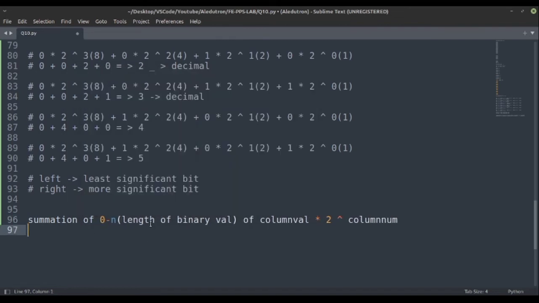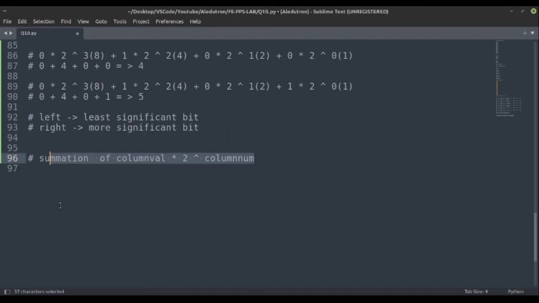N is the length of the binary value, or the binary string. Basically we consider string in Python. So basically this is just an explanation: summation of column values into 2 raised to column numbers. So this would be the general formula.